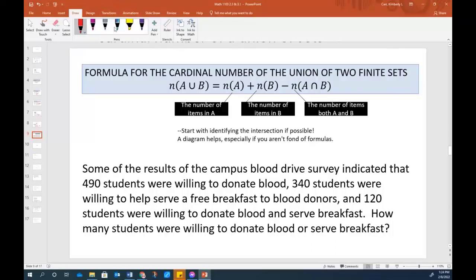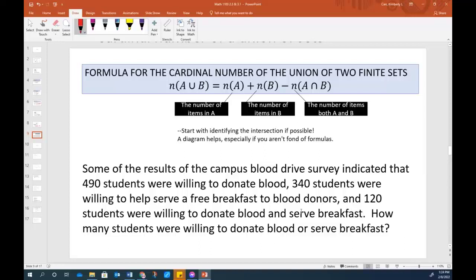Now this is a little tip kind of down here. A lot of times it's helpful to just identify what was in the intersection, okay? Sometimes the diagram helps, but we can apply the formula anyway. So reading through this word problem, which actually came from the homework assignment, although you'll have different numbers in it, you've got a problem like this. Some of the results of the campus blood drive survey indicated that 490 students were willing to donate blood. 340 were willing to help serve a free breakfast to blood donors, and 120 students were willing to donate blood